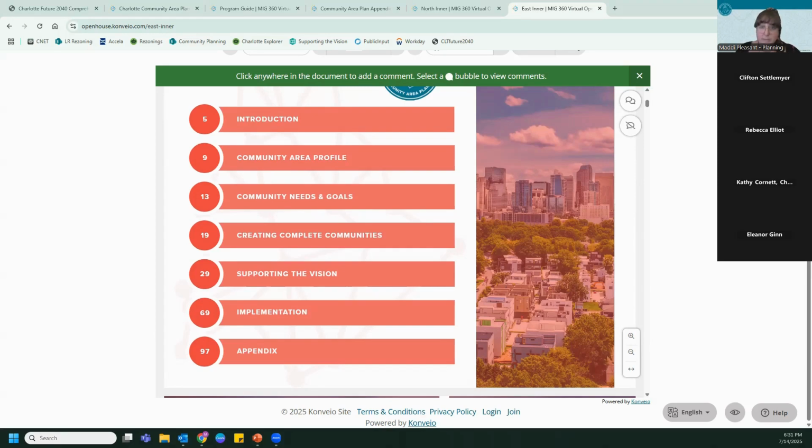Yeah, and we will definitely take any notes that apply to our partners, for example, our transportation partners, and we will be passing those on to them as part of this process. So they will receive any comments that apply to them. Did we have anything else that people would like to look at or questions I can answer?